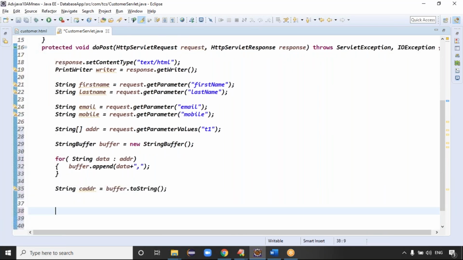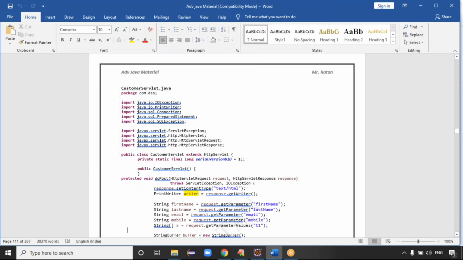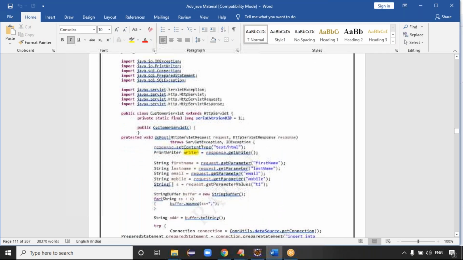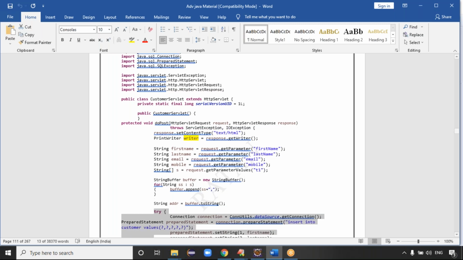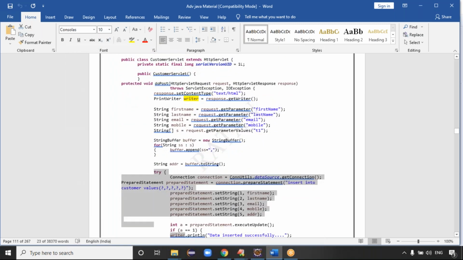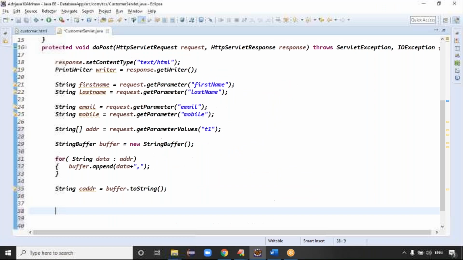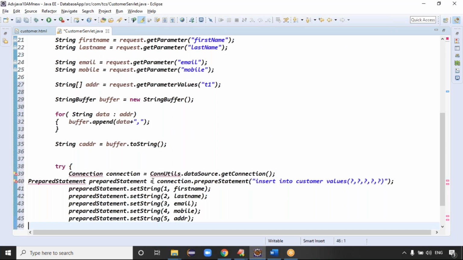Once your data is ready, then you can talk about the connection logic. Guys, today let me write the connection logic here itself, in this code itself. To write the connection logic, connection equal to what? DriverManager dot getConnection I can use. Can I take the try block code, guys? Yeah, connection equal to what?